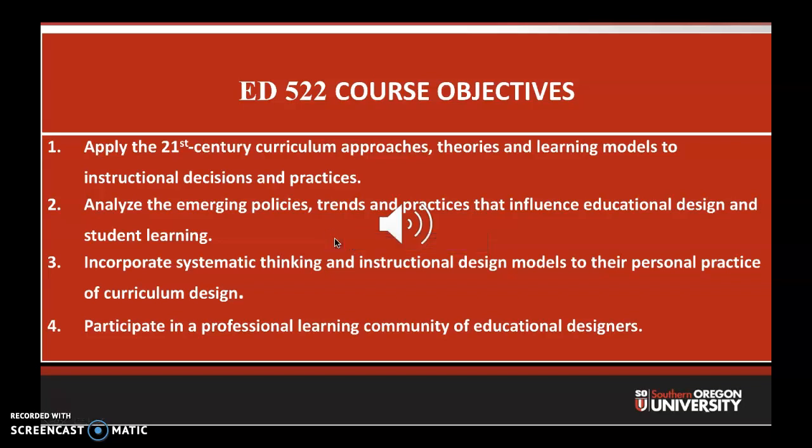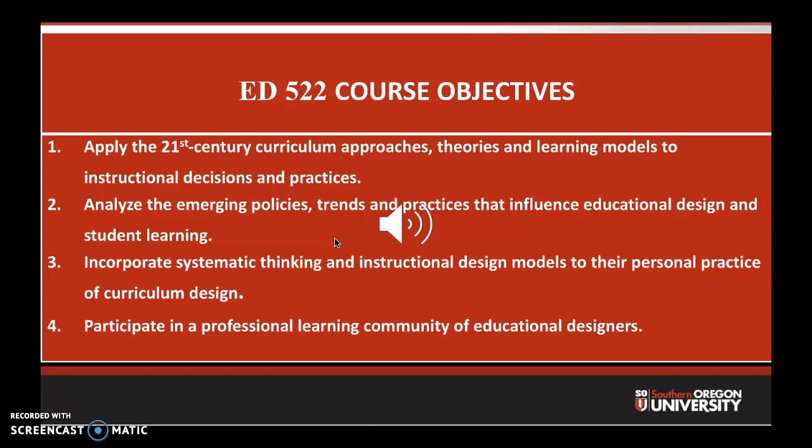The learning outcomes for this course, again, are directly related to the first program goal. The learning outcomes are: applying 21st century curriculum approaches, theories, and learning models to instructional decisions and practices; analyze the emerging policies, trends, and practices that influence educational design and student learning; incorporate systematic thinking and instructional design models to your personal practice of curriculum design; and participate in a professional learning community of educational designers.